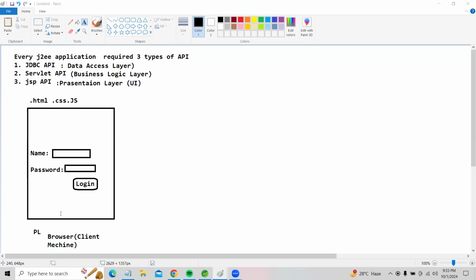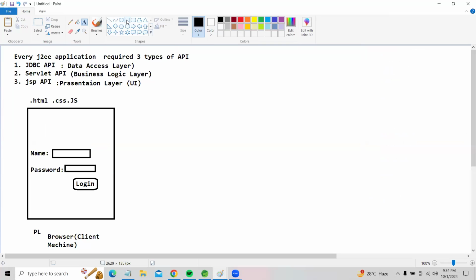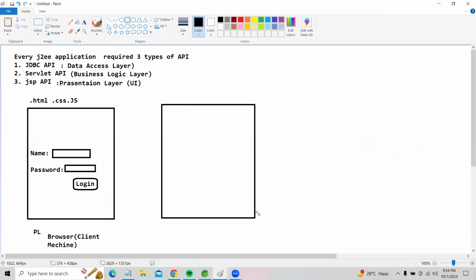Okay, now understand this is the presentation layer. Presentation takes the user inputs. After taking user inputs, once you click this submit button, the login button, before submit, this user form can check whether the given data is valid or not. If it is validated, the presentation layer simply transfers the data to our business logic layer, my friends.